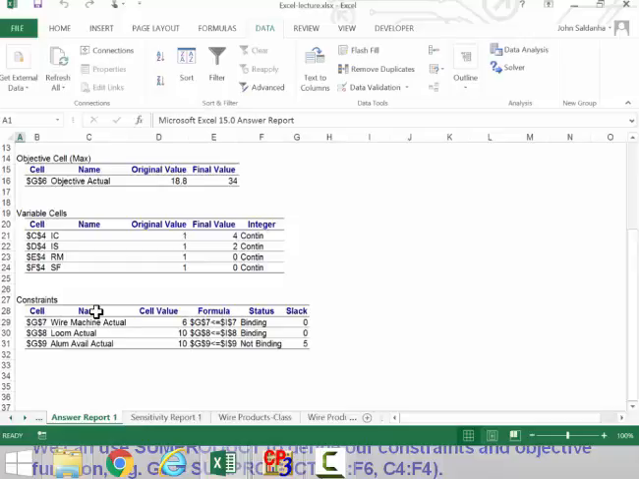We've used all 1,000 hours of the loom. That's a binding constraint. And so there's no slack. However, we've only used 10 hundredweight of aluminium. Okay? So that's not a binding constraint, and we have 5 hundredweight slack. Okay? So now, all of this information, we can just go to the sheet and we can look at it